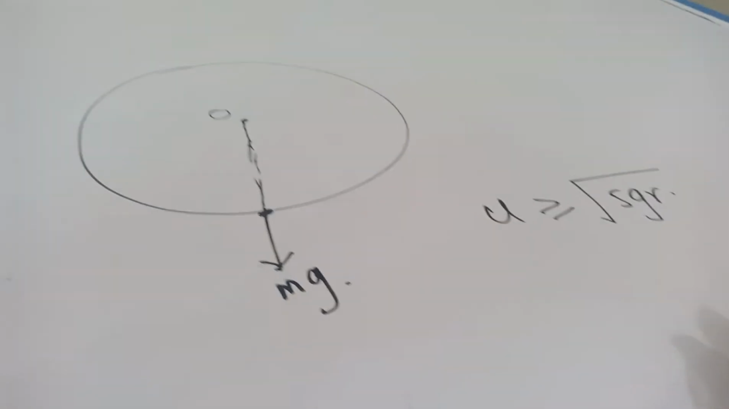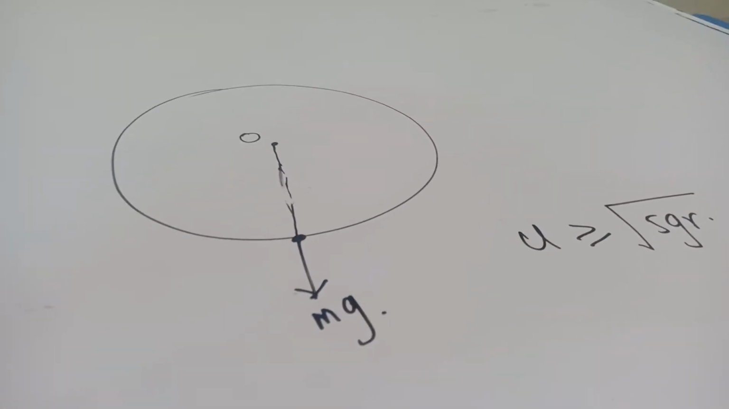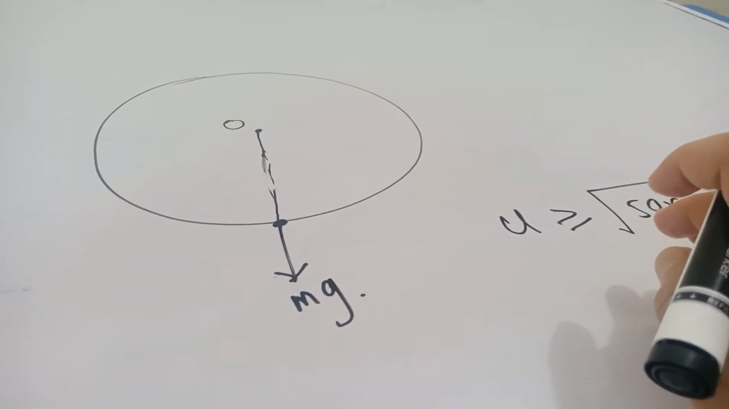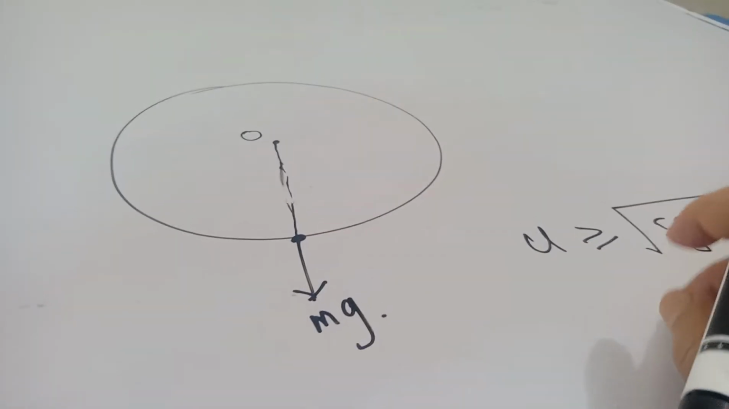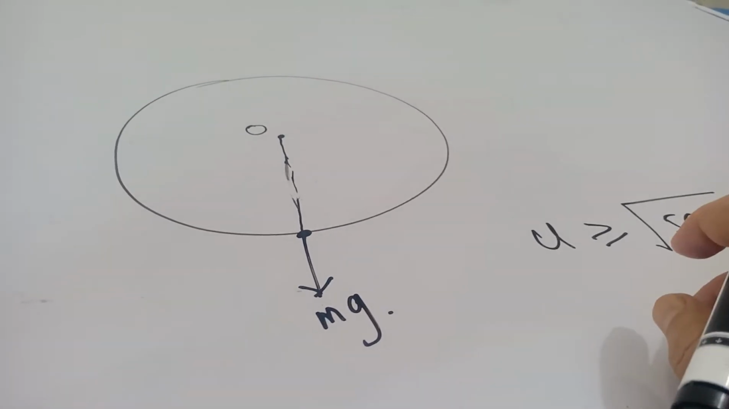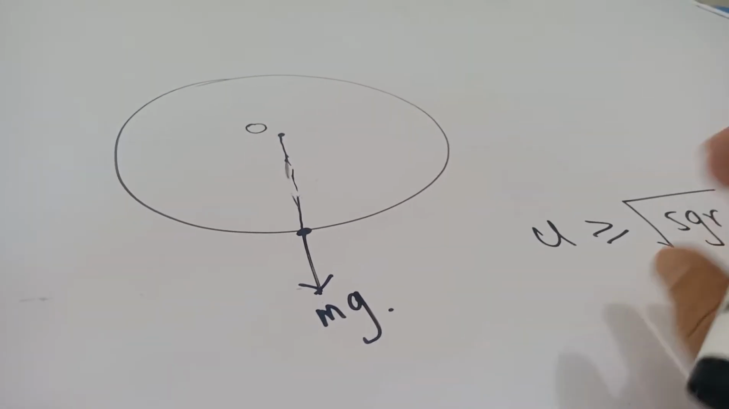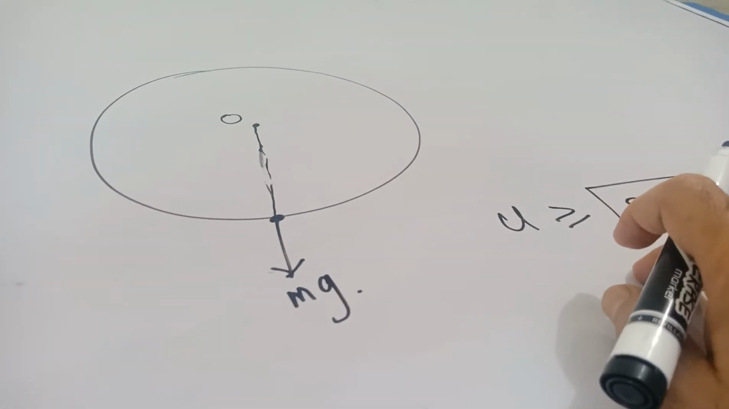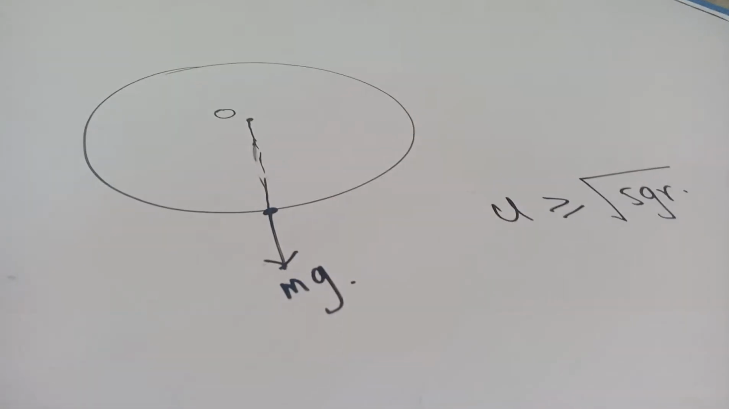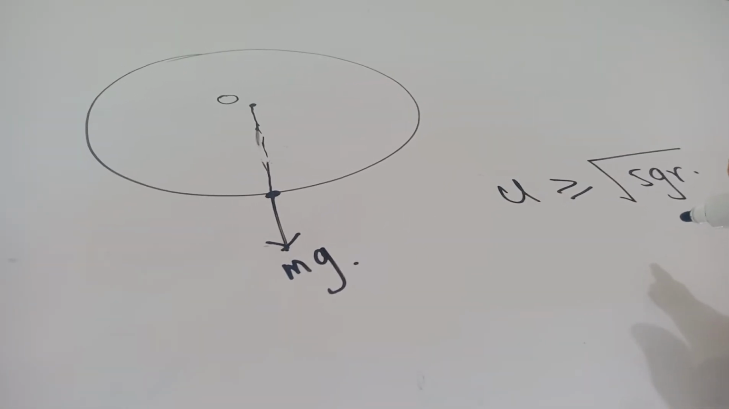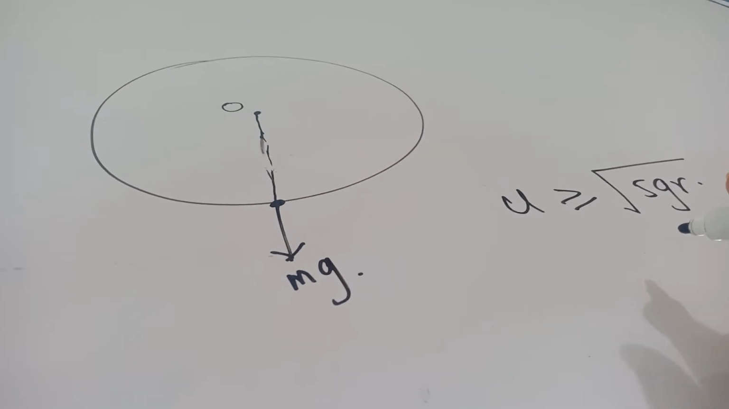We are going to study in this video why we have this condition for a particle with the mass m to complete the vertical circles. Okay, before we start proving this condition to be true, we should recall that for a particle moving purely under gravity,